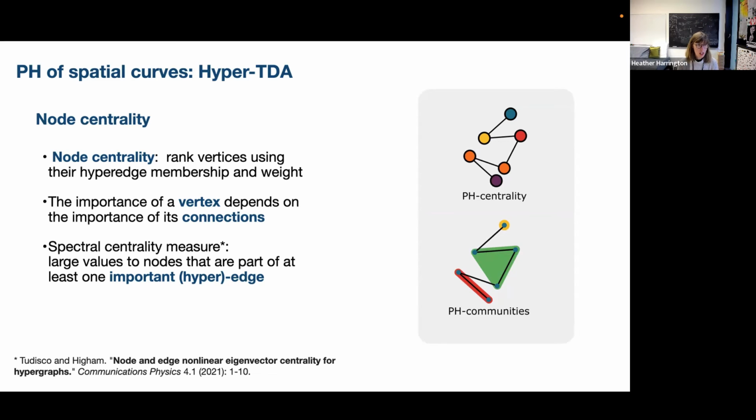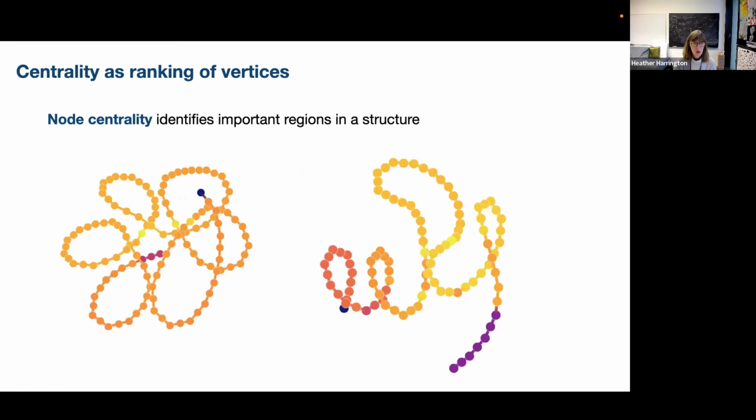It's a spectral centrality measure, and it gives large values of centrality to nodes that are part of at least one other important hyperedge. So you can find these nodes that are involved in many different generators. These are the key, or the most important, nodes in your data set. And so you can pretty easily see, if yellow is highest centrality,